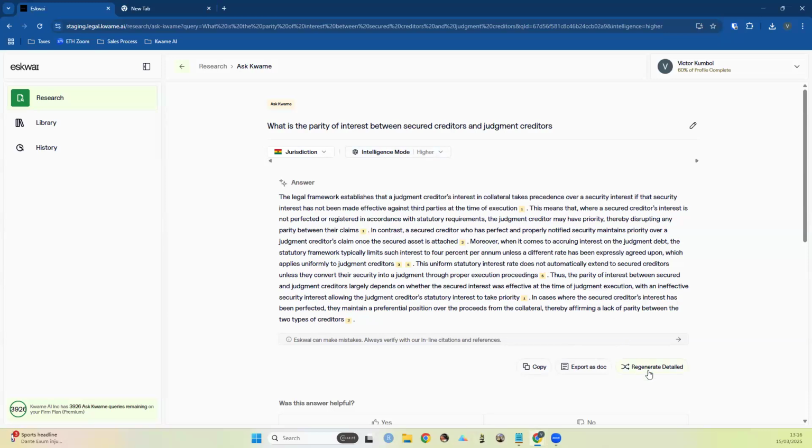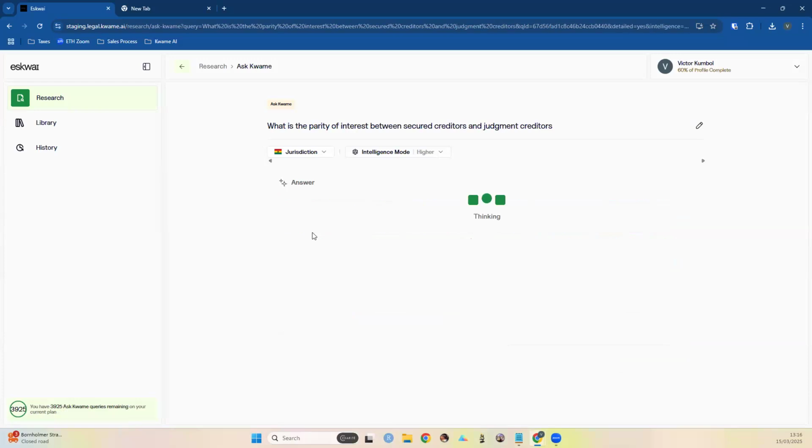This is a button that we've already had in the past. I'm going to regenerate a more detailed answer using the higher intelligence mode for this same query, and then when I'm done, I will switch to the standard intelligence so you can have a sense of what difference comes up.